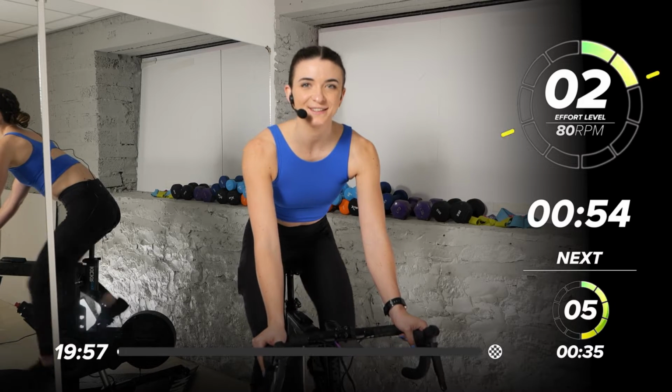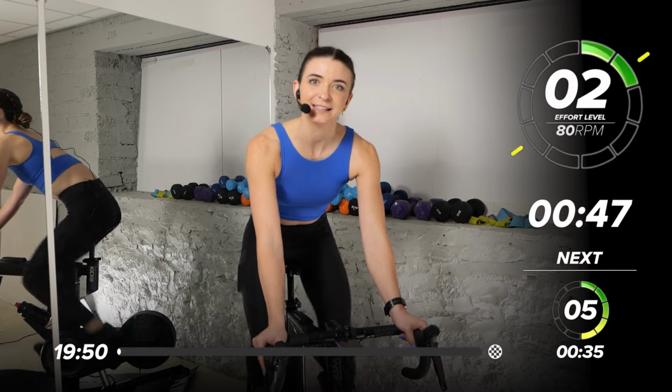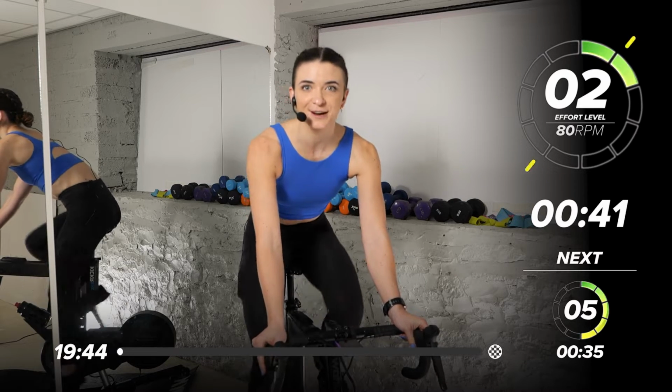Today we're doing another to the beat session. If you haven't been to one of these before, we're following the music. We're working to a certain speed. If you have a cadence sensor, I'm going to be throwing out some RPMs for you to follow. If you don't have one, just follow the beat of the music or try and match the speed that my